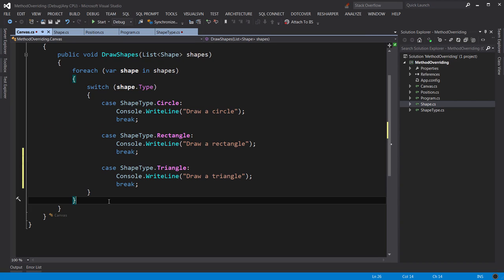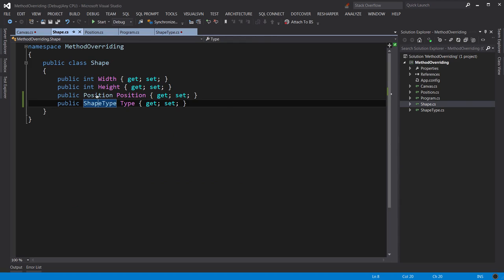Now, the reason we have this problem with this code is because the shape class itself has only properties. It doesn't have any behavior. It doesn't have any methods. Back to the encapsulation principle of object-oriented programming, we want to encapsulate data and behavior, or methods, in the same